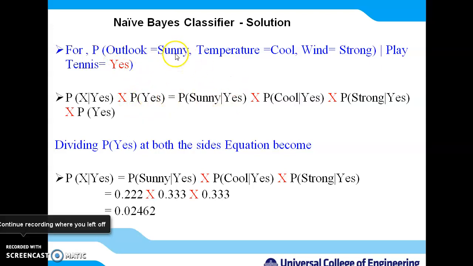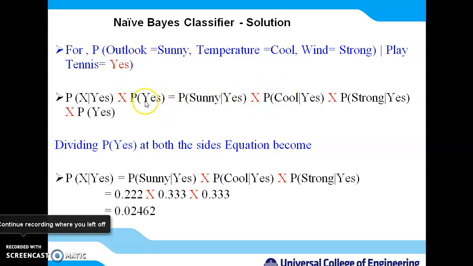So we will simply take these attributes and use the probability supporting the decision yes. The first attribute is sunny: the probability of sunny such that it supports yes, we should play tennis. Probability of cool such that it supports the decision yes. Probability of strong such that it supports yes, and in total it supports the final decision, play tennis yes. As you can see, on both sides the multiplication sign, represented in red color, is common.